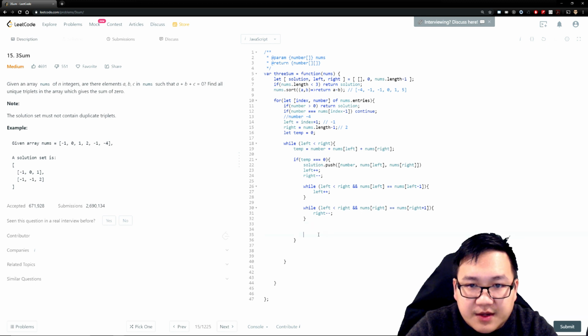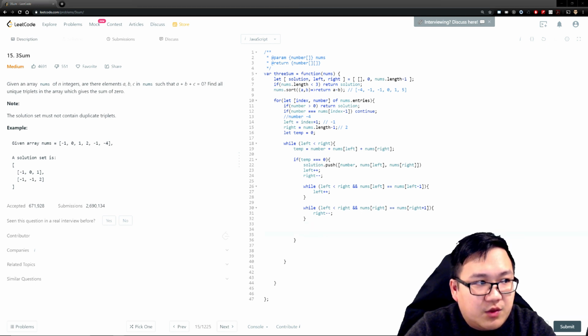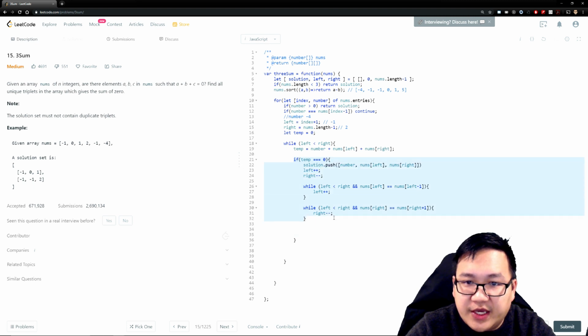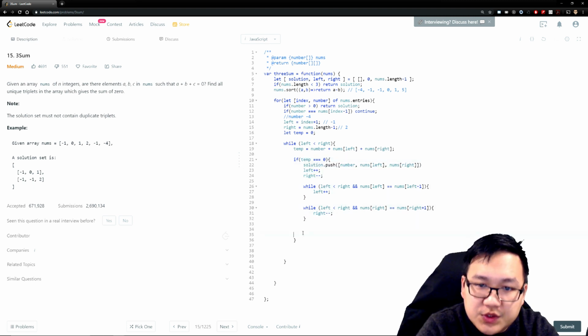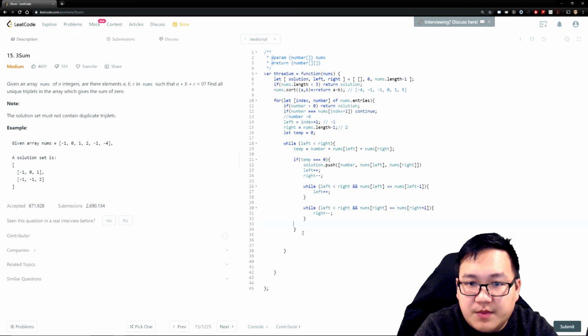And pretty much that will get you to a point where now you're moving up. You checked this one condition, which is if it equals 0, then you do all this wonderful stuff, right? But what if it doesn't equal 0, right? What if your temporary does not equal 0? So this is where basically it's the same thing as two sums, right? Else if